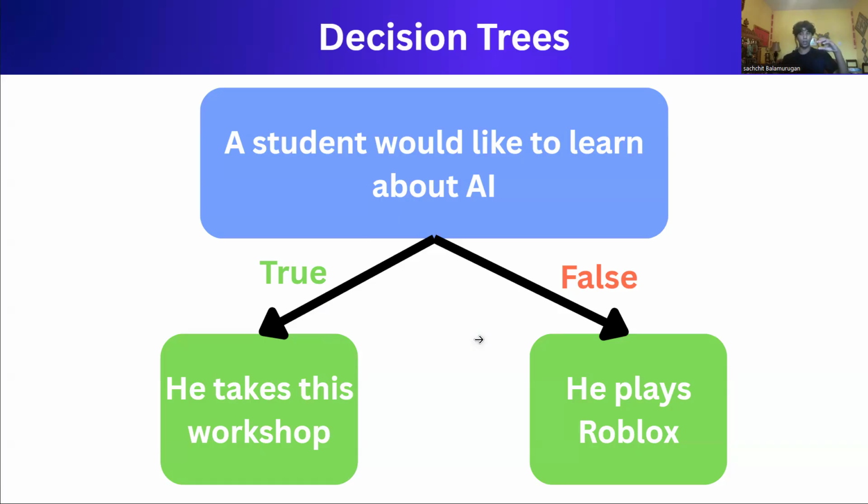And how they usually work is that there's usually another question, and it keeps asking questions and creates a tree structure until it gets its output. I'll go more into it, but this is just a general idea of how a decision tree is laid out.